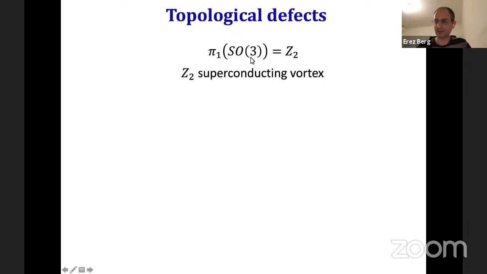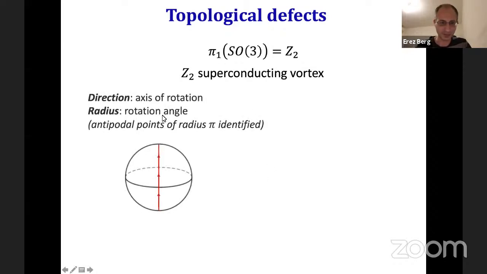Okay, and this is kind of a fun fact. If you're not familiar with it, it's a nice visual way to understand it. Let me go briefly through that. Here's how to see it. If you think about SO3, the space of rotations in 3D, you can parameterize such a rotation by the direction and an angle. So that's like a point in a solid ball. The direction is the direction of the rotation axis.